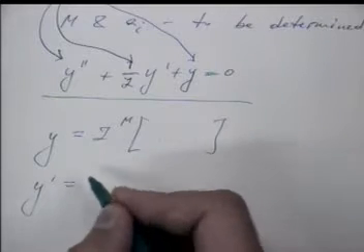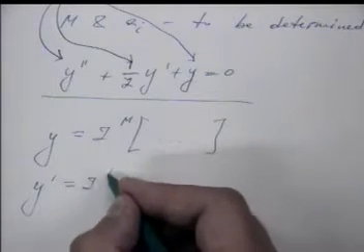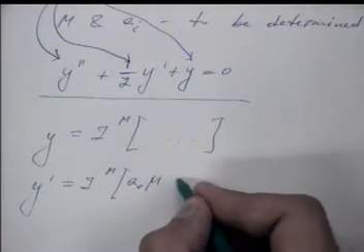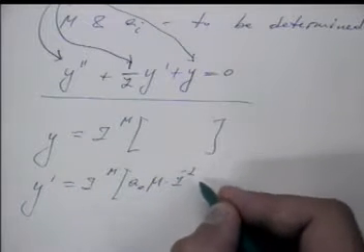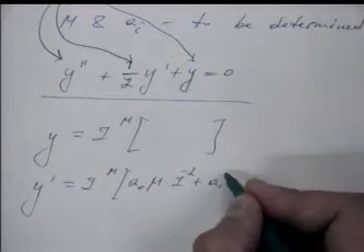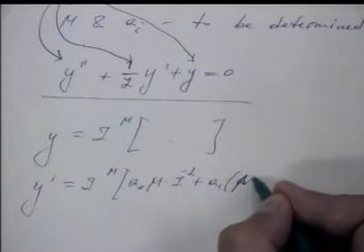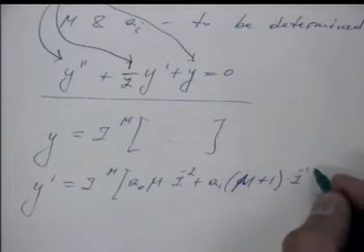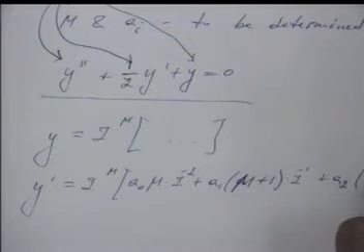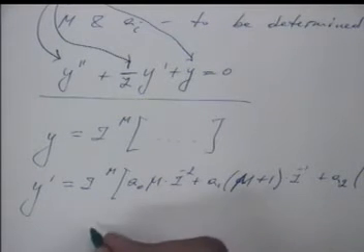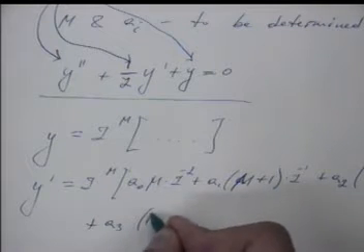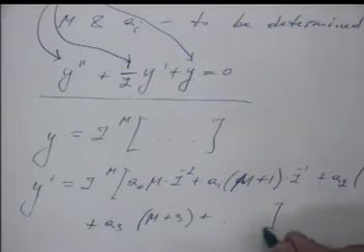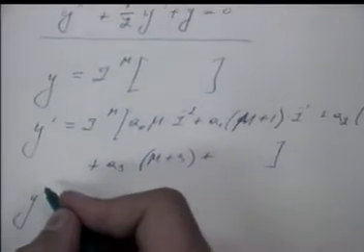The first derivative will have a form of z to the power mu times a0 mu multiplied by z to the power minus 2, plus a1 multiplied by mu plus 1 multiplied by z to the power minus 1, plus a2 mu plus 2, plus a3 multiplied by mu plus 3, and so on. The second derivative will be